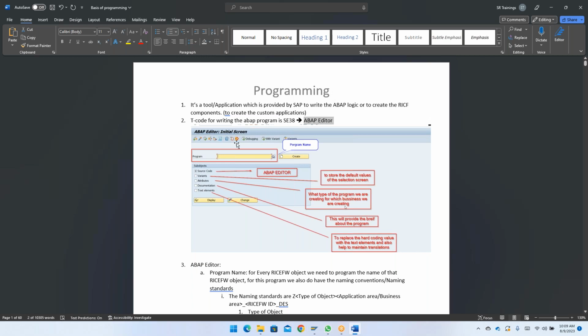So now when we open this ABAP editor, you will see this screen. When I log on to my system,